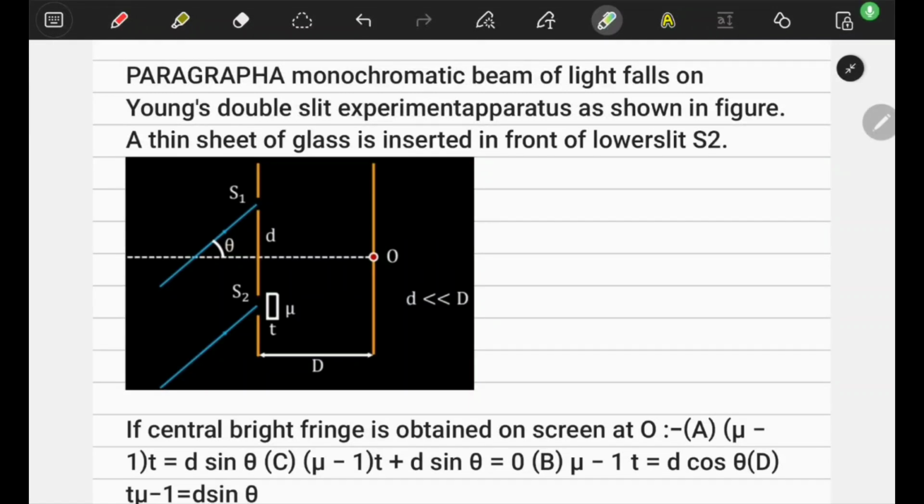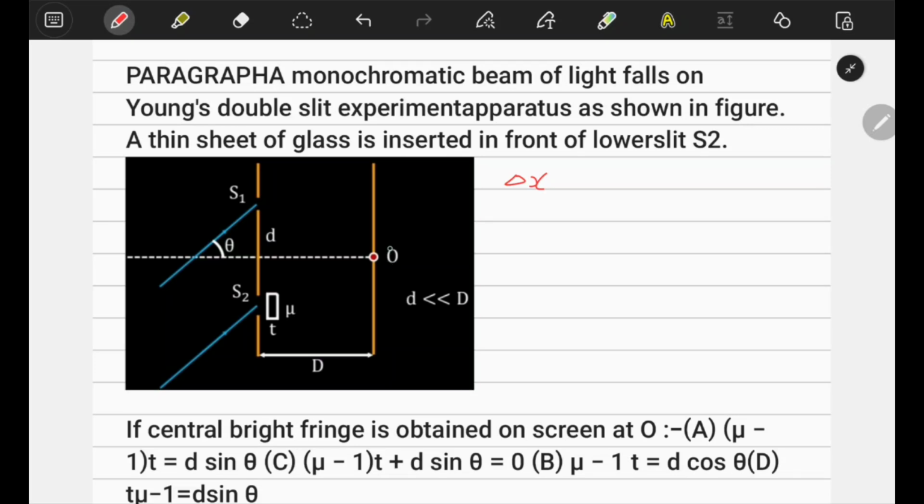This question, as we can see, is a paragraph type of question in which it is a case of oblique incidence, right? As we can see, and this is another thing, a thin sheet of glass in front of slit S2. So as we all know, this oblique incidence factor will try to move this central bright fringe that is initially